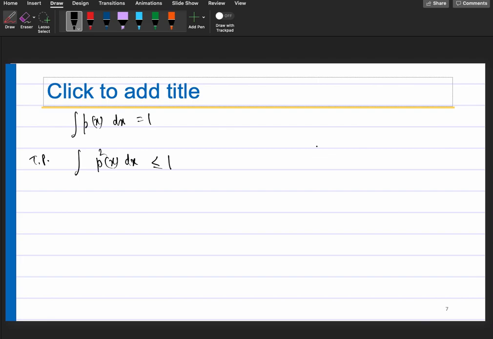Schwarz inequality. The square root less than the product of the integrals. Yeah, right. So you can use Schwarz inequality, which says